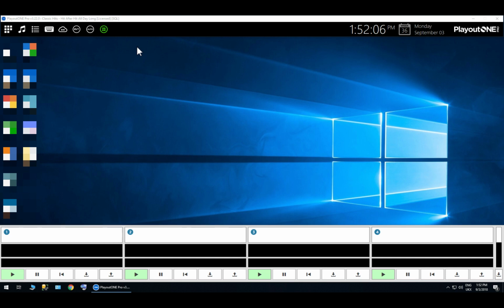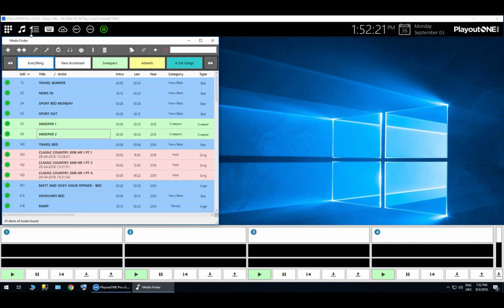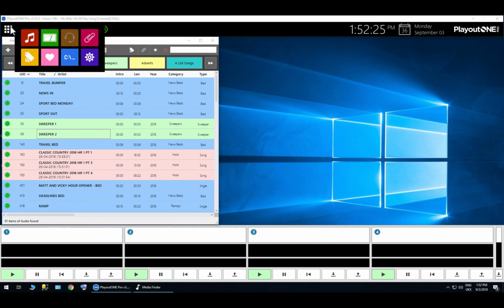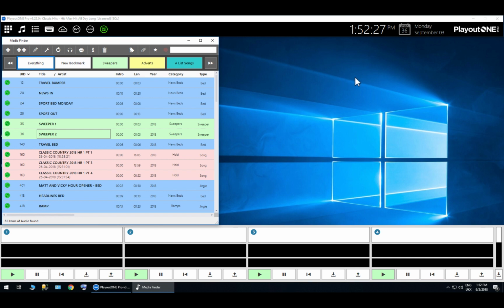There's PlayoutONE without its windows open. It's got its players in the bottom. It's got its control system on the top. It's got nothing else. If you want to open the audio finder window, you can do it by hitting the musical notes. But if you're in ear, you can do the same thing. It's back up. Okay. If your log has been shut down, which is this thing here,